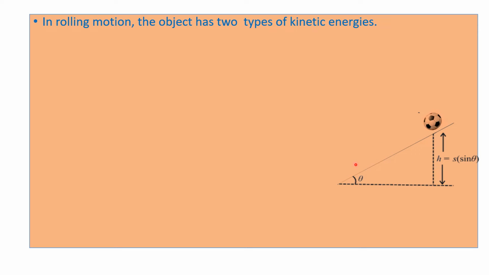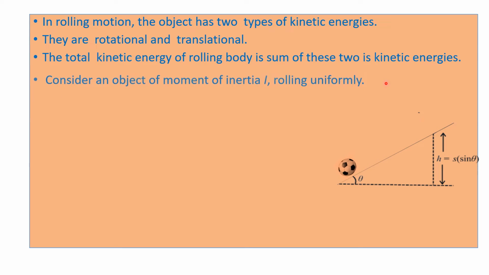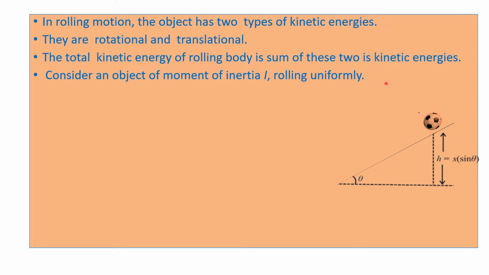Consider the rolling motion of this football. In a rolling motion, the object has two types of kinetic energies, and they are rotational kinetic energy and translation kinetic energy. The total kinetic energy of a rolling body is a sum of these two kinetic energies. To find out the total kinetic energy of a rolling body, we have to consider an object of moment of inertia I, which is rolling uniformly,